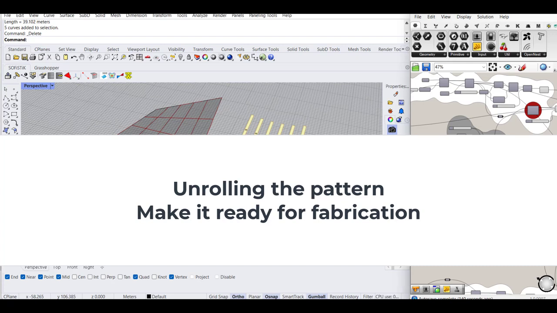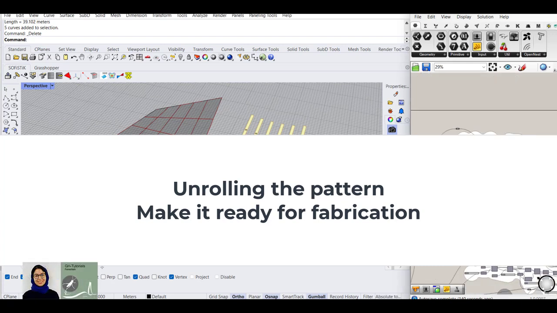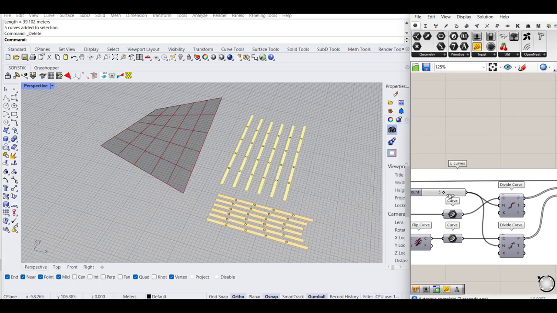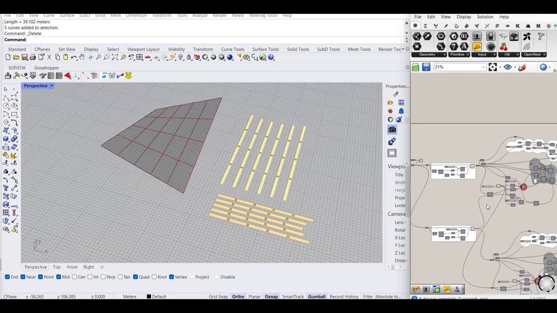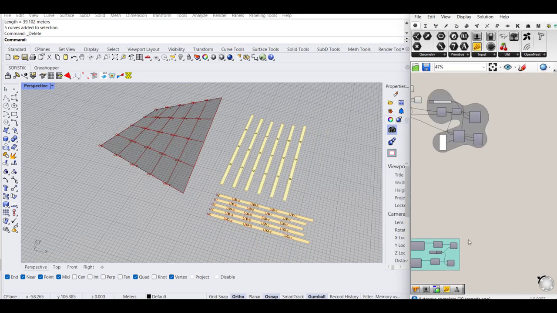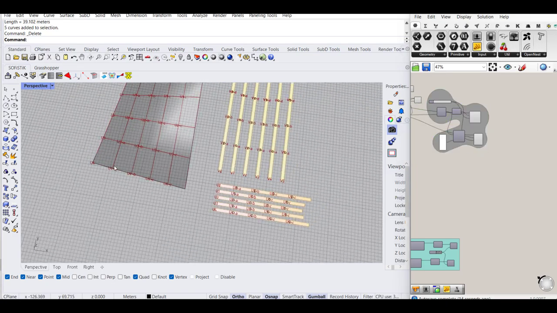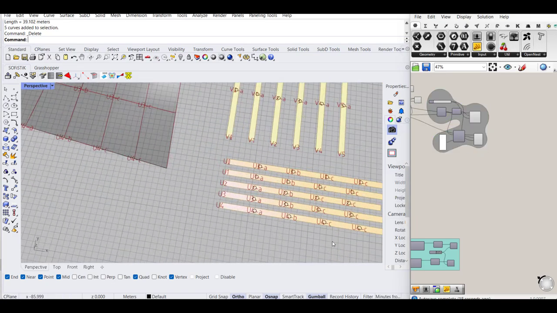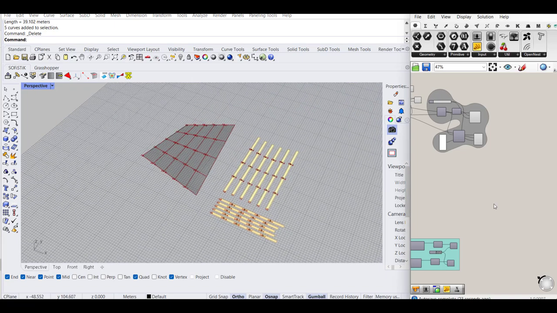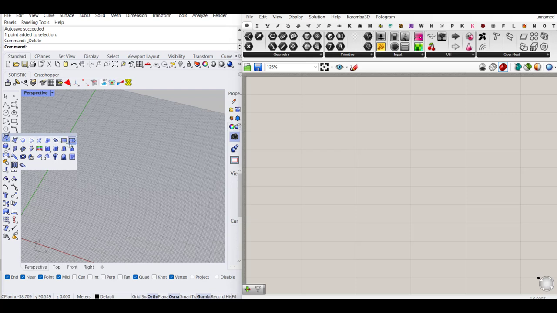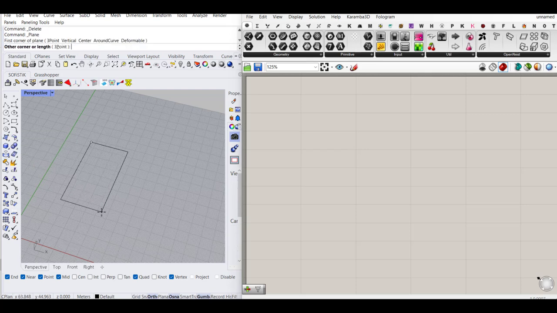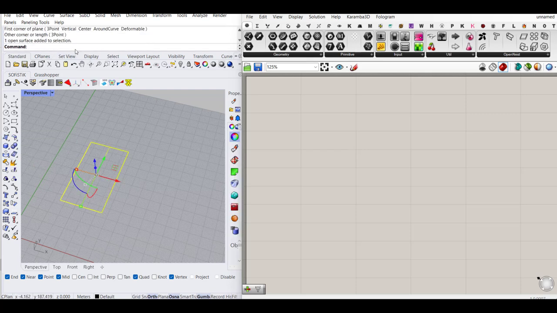Hello everyone, in this video we want to see how we can make an unrolled version from the patterns that we have generated using geodesic pattern, for example, and how to make it ready for fabrication for the laser cut and add the connection parts and also the text tags to find which strip belongs to which part in the 3D model. To start, we draw one surface in the Rhino screen, and I'm going to make points on